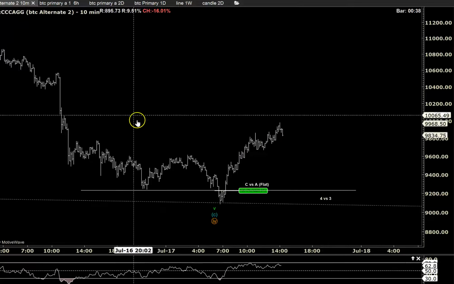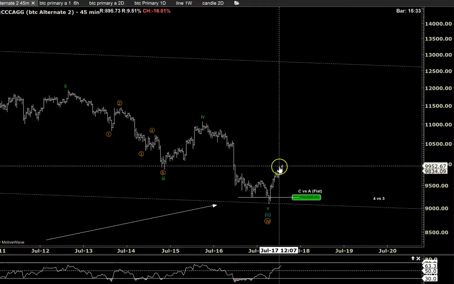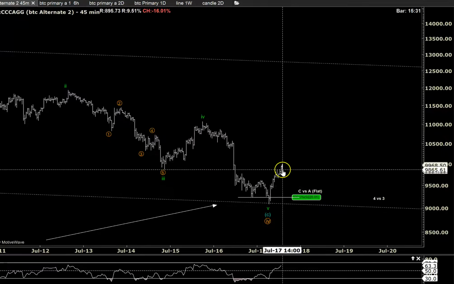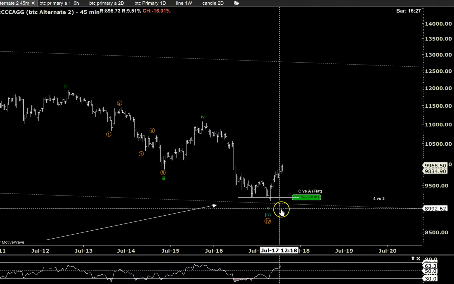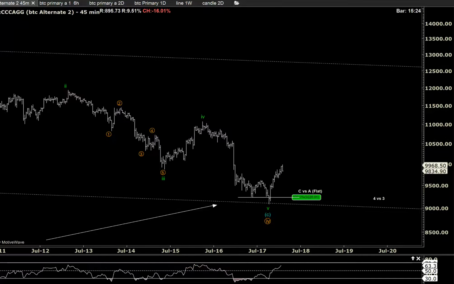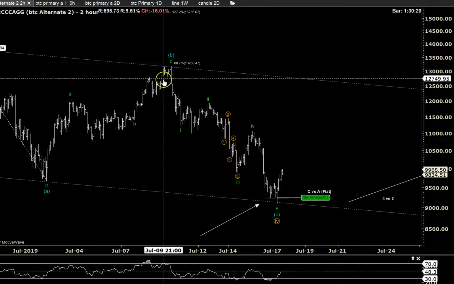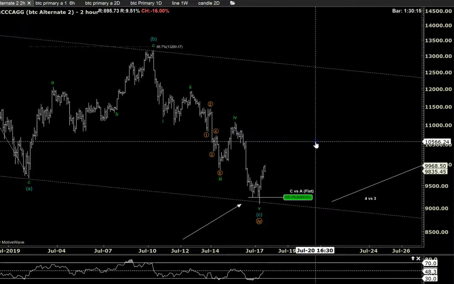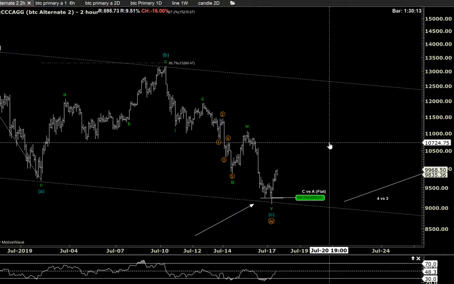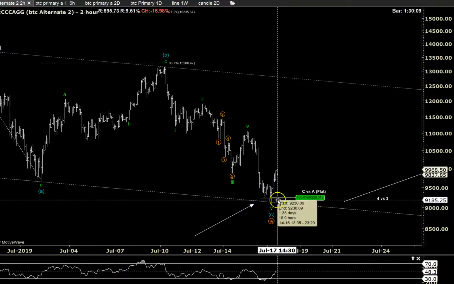So basically, with the exception of the reaction from here, there is nothing that can tell me that this is done already, right? So there might be another leg lower. Let's look at another possibility where this is 1, 2, 3. This could be a 1, 2, 1, 2, and now we're doing another 1, 2, and then we're actually dropping like there's no tomorrow. But for right now, I'm going to consider this a level of